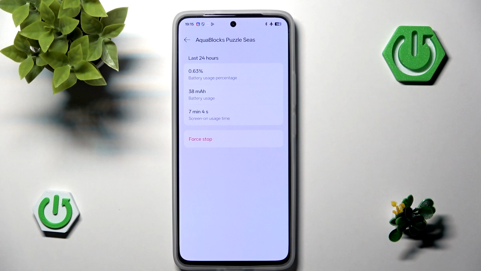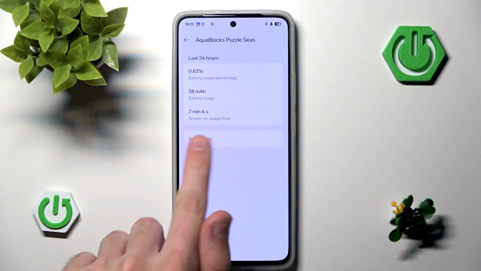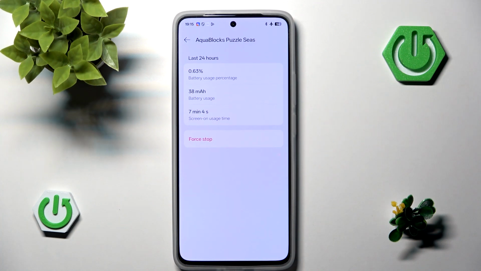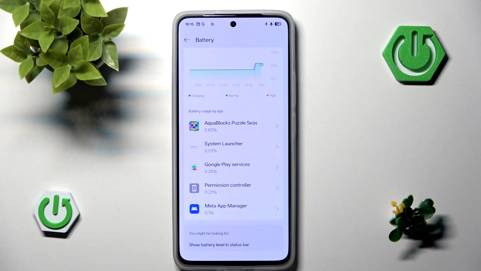It's important to note that you could correlate the battery usage percentage with the processing power usage percentage also. So if something is wasting a lot of your battery, and especially when you're not using it that long on screen, it means that it's wasting not only battery but also the processing power, meaning that overall your phone is much slower. So I would advise you to just go into your battery, check what's using the most battery, and then check if you're actually using it. So you can check your usage timer. If usage timer is, for example, 10 minutes and the battery percentage usage is 10%,